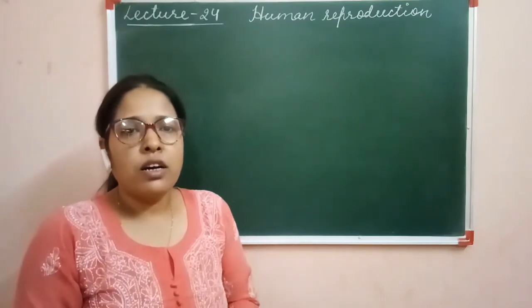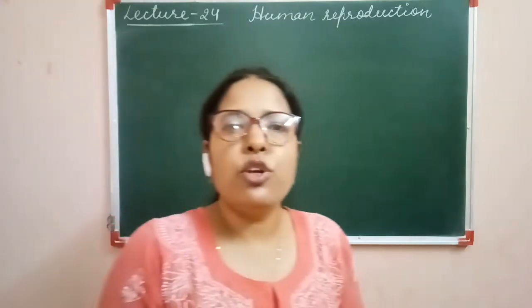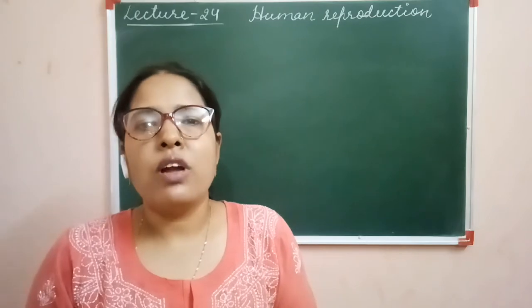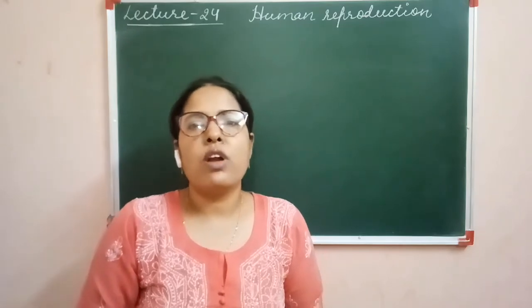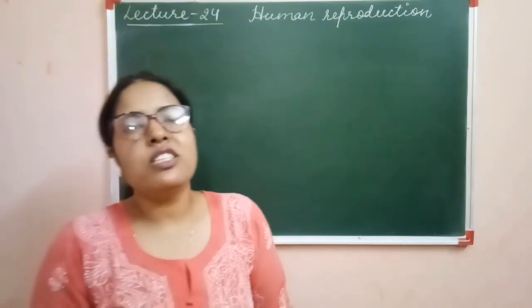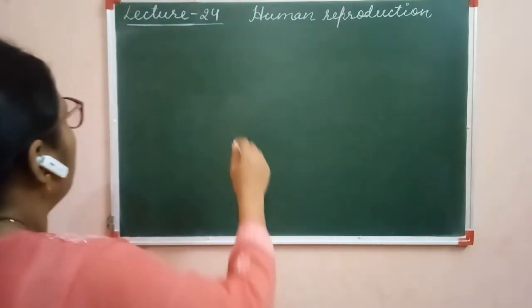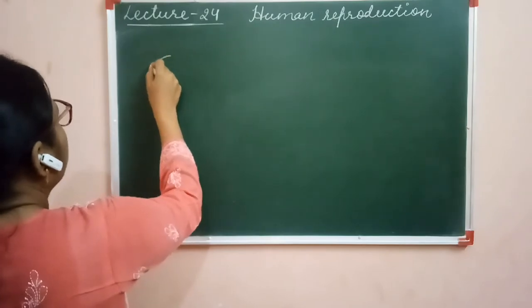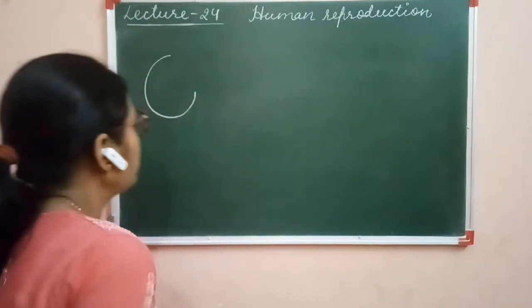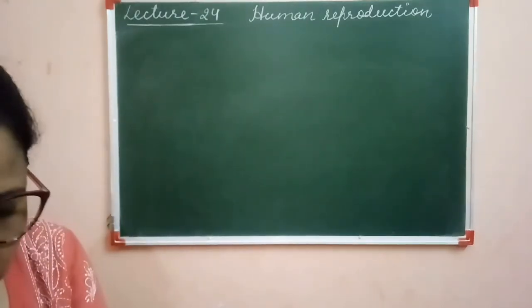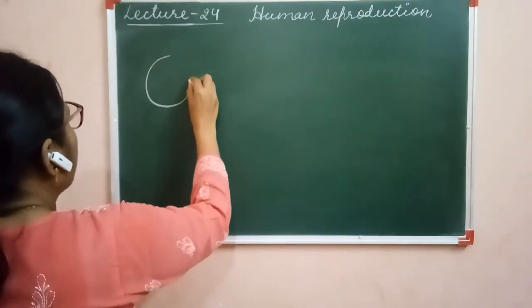In the blastula, we know that the blastula gets implanted in the endometrium of the uterus. In this blastula, many morphogenic changes take place to convert this blastula into the gastrula. So we will discuss these changes. What are the changes which are going to take place in the gastrula? This is the gastrula. We are drawing the structure of implanted gastrula in the endometrium. So this is the gastrula.